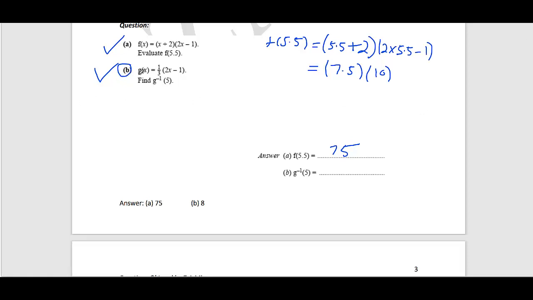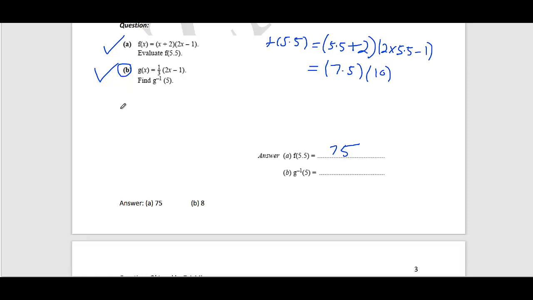In part B, this is new function g of x, and we have to find g inverse of 5. So student, we can solve this question. There are two different methods, but we will restrict ourselves today to method number 1, in which we have to first calculate g inverse of x. There is another method, which is a shortcut method, but right now we restrict ourselves to the same method which we applied in the previous question.